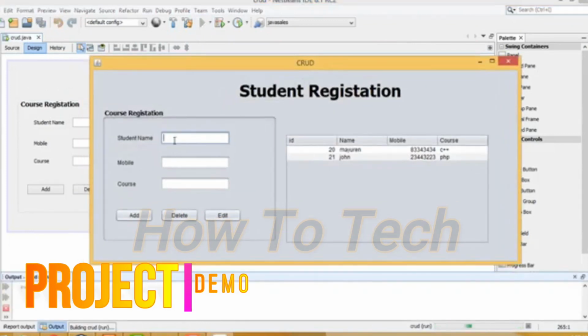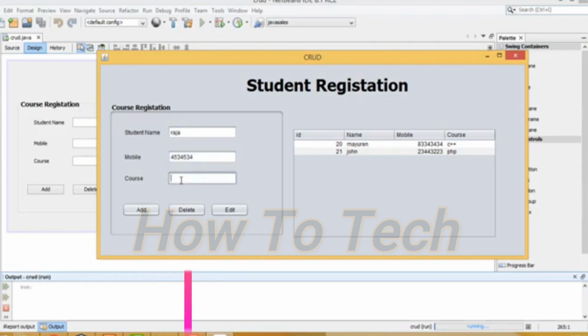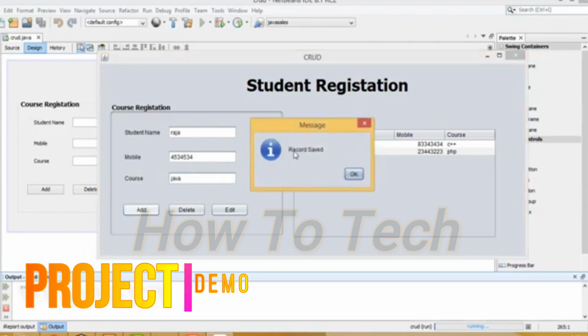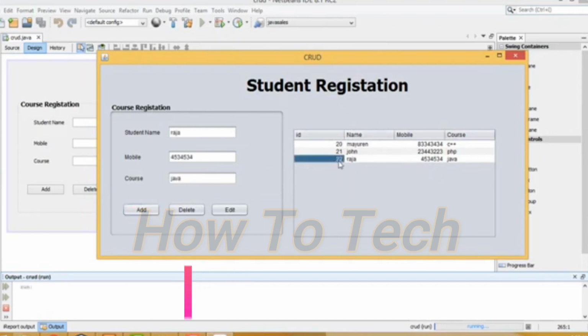Now I want to enter a new record of student registration. Here I am entering the first student name, the student mobile number, something like that, and the course I enter as Java. Click the add button, and the record saved message will be displayed successfully. Click OK. The record will be successfully added into the database table, and I am retrieving it from the database table here,